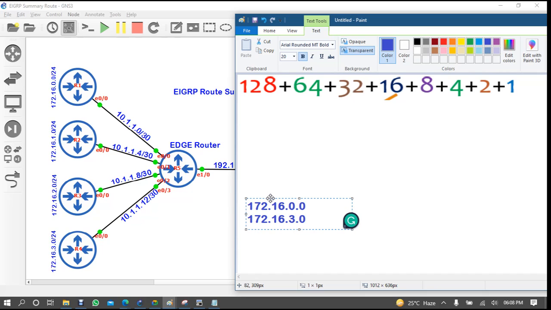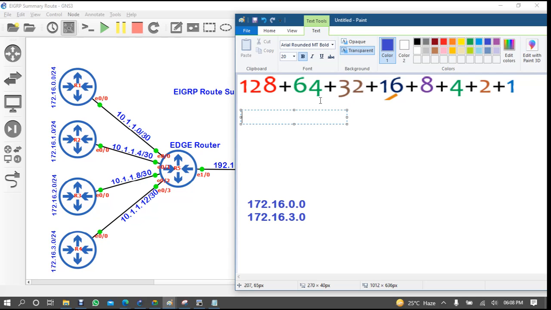Okay, let's summarize it. We have to convert, so we need 172 in binary. How will 172 come? 128 plus 32 is 160, plus 8 plus 4.